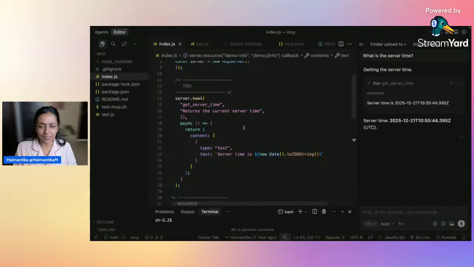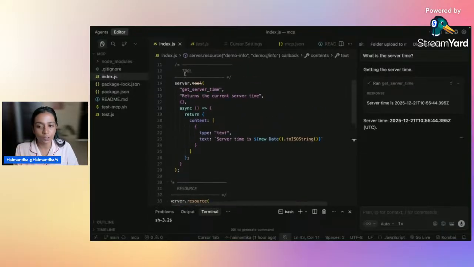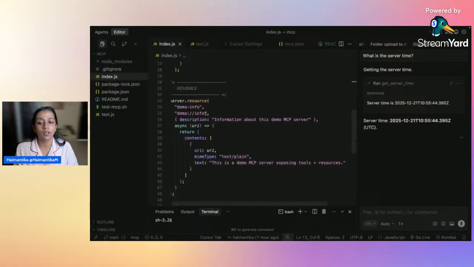So that's a homework from my end. You don't have to build something very fancy or something very difficult. I'll share the link to this code, so maybe you can just play around with this code right here. All you need to do is make changes in this tool part and this resources part, make it do simple things like addition, multiplication, and then build your own MCP server. That's when you'll understand how MCP servers work. So that was the demo part of it.